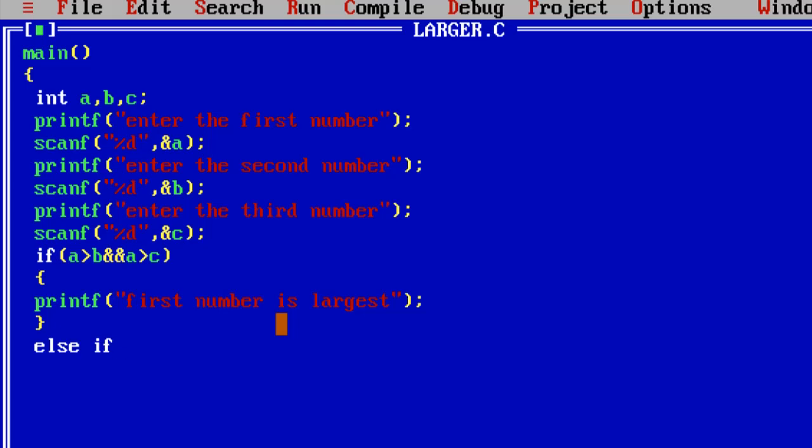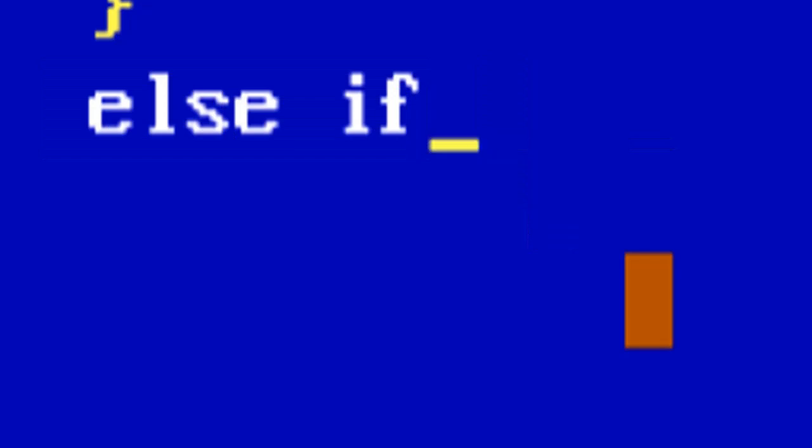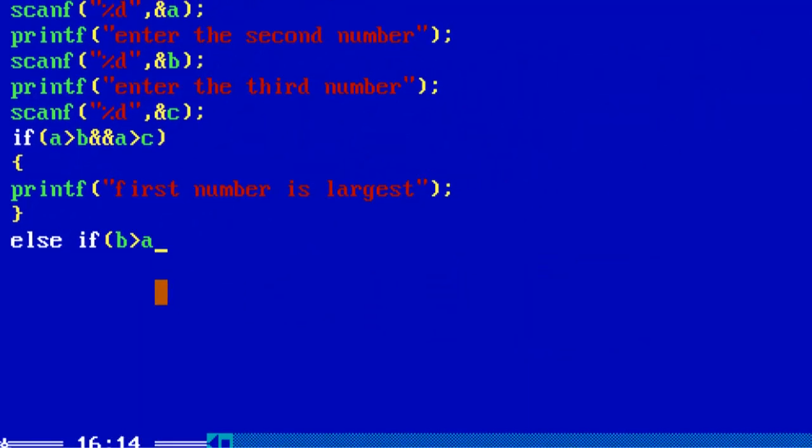Now in the first program we only used else, now there is another version of if else. If there are many conditions, then we use this else if, right? Else if the other condition, we have to check what the condition is, for b greater than a and b greater than c, right? Then the output should be